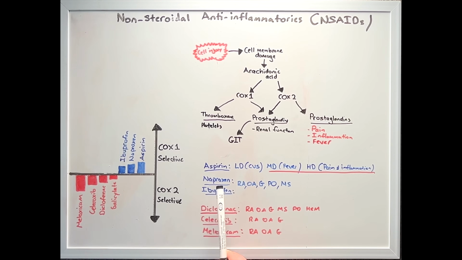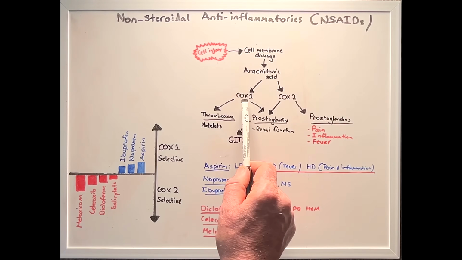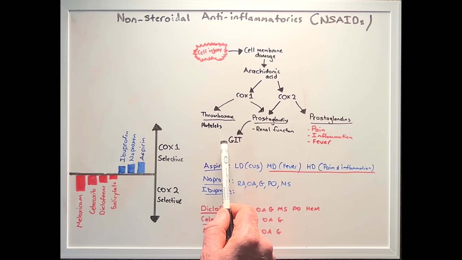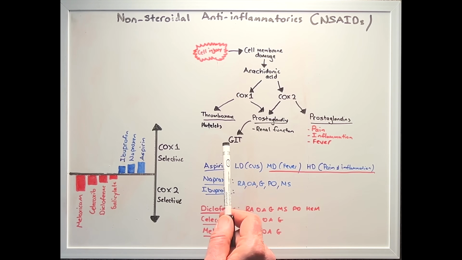Whilst naproxen and ibuprofen are very effective in the short term for arthritis such as rheumatoid arthritis, osteoarthritis and gout, as well as after surgery for post-operative pain and musculoskeletal injuries. So these can also be effective in those conditions. However, it's important to note that these drugs will block COX-1, so we will see side effects associated with gastrointestinal issues such as ulcers. This leads us to why we start to look at COX-2 selectives, such as diclofenac, celecoxib,